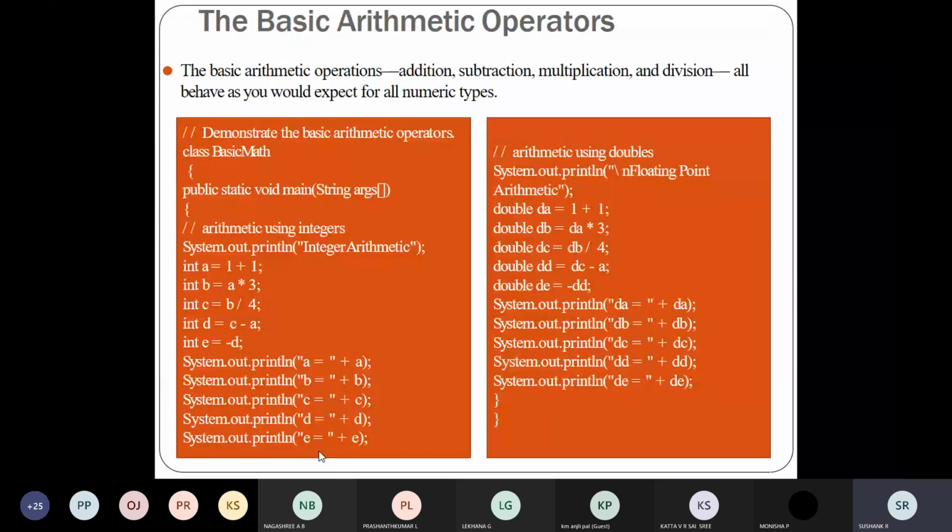This is a Java program to perform the arithmetic operation. So what is it doing? Here I'm performing the addition of numbers, multiplication of a number, division of a number, subtraction of a number, and I'm just reversing the sign of a number. The same operations, instead of integers, here I'm using double. The same thing; the only difference is you're writing the program in Java. So the data type and all is the same.